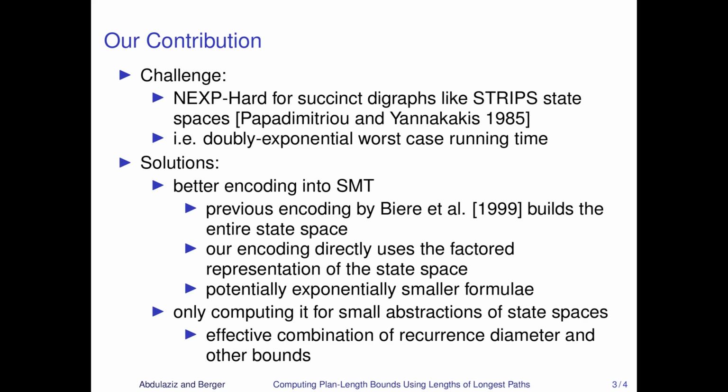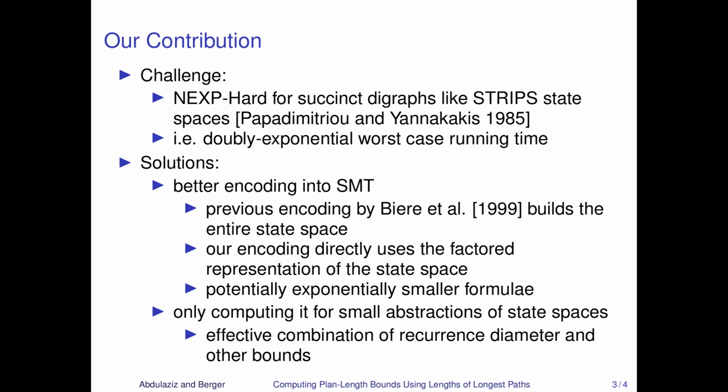The challenge is not only that the complexity of computing the recurrence diameter is NP hard. It is indeed non-deterministic exponential hard for succinct directed graphs like state spaces of STRIPS planning problems. What that means is that computing the recurrence diameter can actually take a doubly exponential worst case running time in the size of the given planning problem. So we solve that challenge by